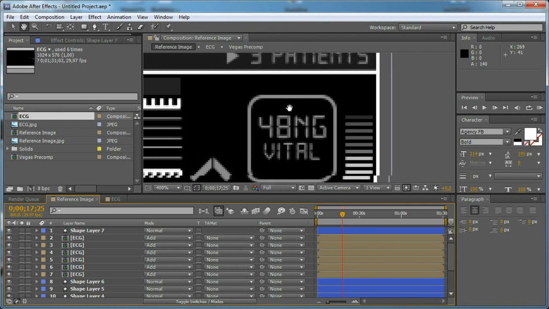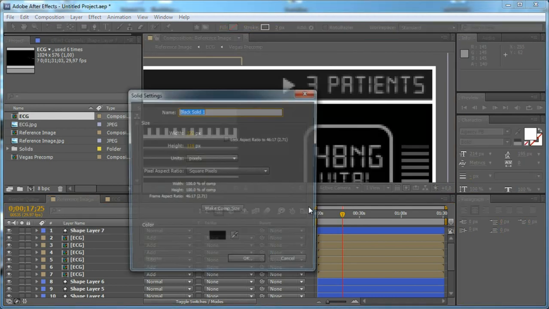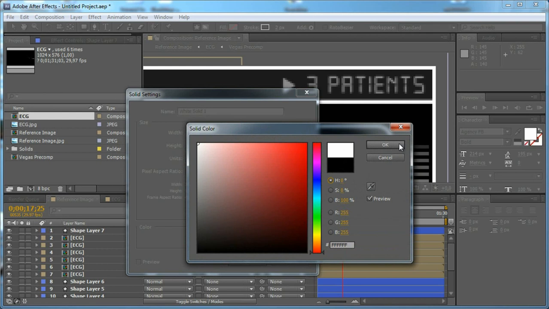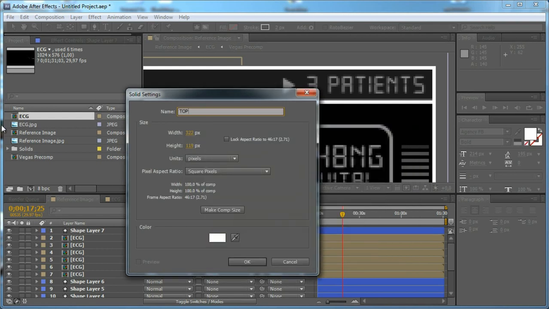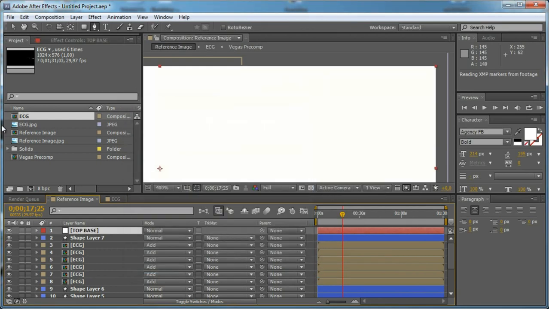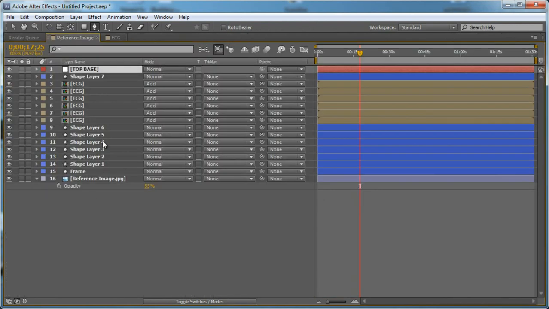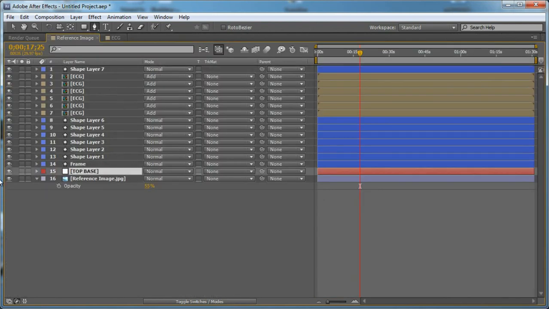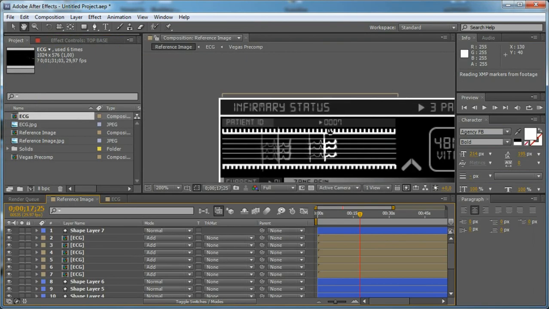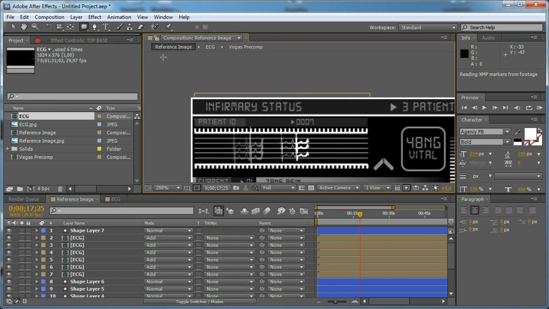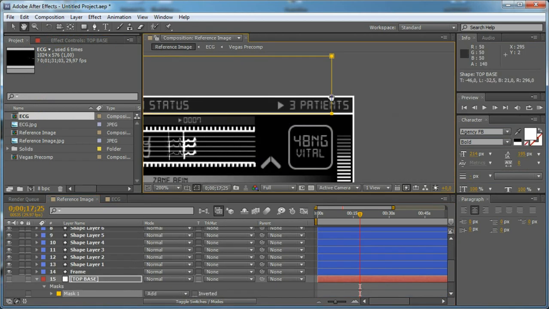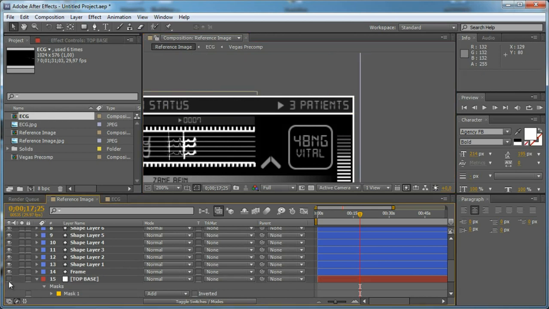And another thing we need to do is to create a new solid layer, make it white, and let's call it top base, and put it below everything and turn it off, and using the mask tool just draw a shape, turn it on, and set the opacity to 25%,